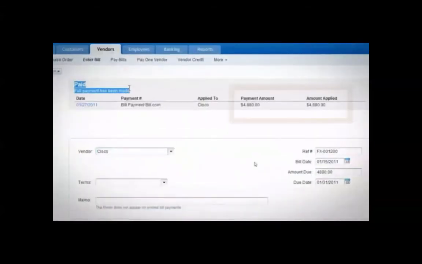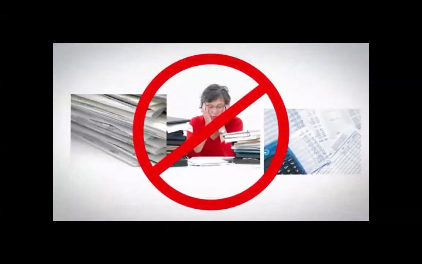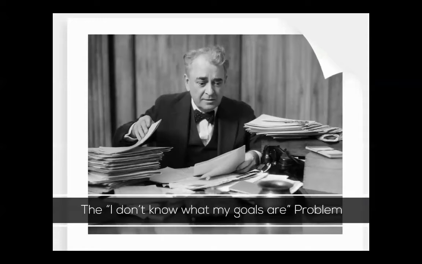We don't have to wait for signatures. Everything is just sent out, and the information automatically goes over to QuickBooks. There's no more double entry. And again, with the mobile app that comes with this, we can keep on top of our business while we're on the go. We don't have to get behind this mountain of paper that we have. So there are two apps that we like for managing the paper flow and digitizing our accounts payable function.